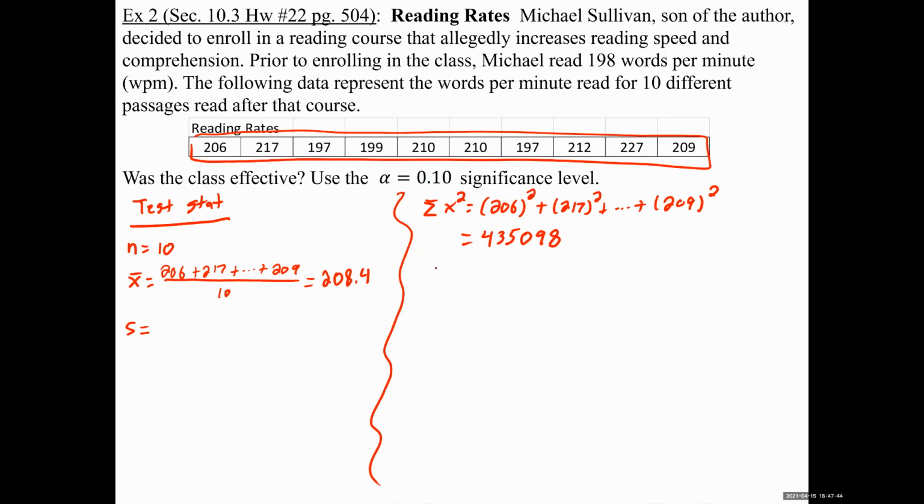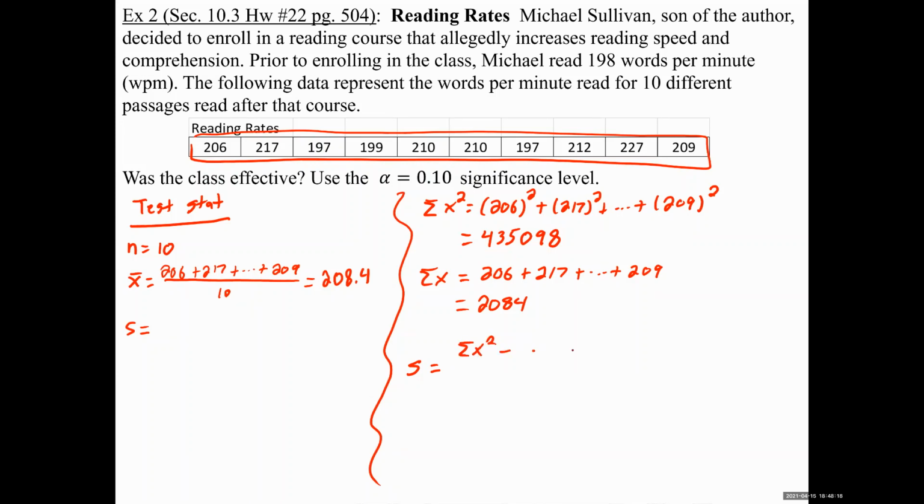Okay, so square each number, then add them. That's what that means. Then you find the sum of x, which means just add the numbers: 206 plus 217, 209. Okay, this is 2,084, because we added the numbers already when we added them here. After we divided by 10, it was this, but before we divided by 10, we had that. Okay, so you find those two sums,